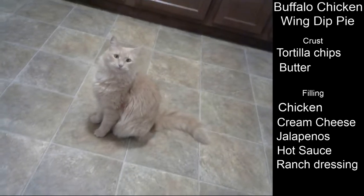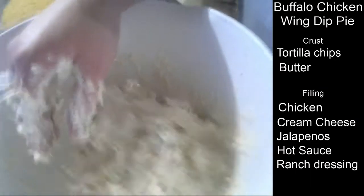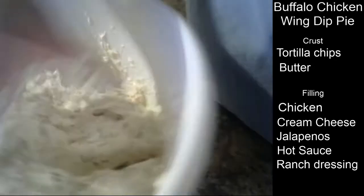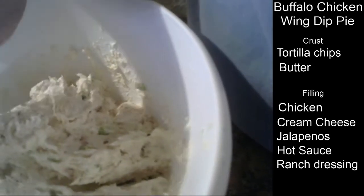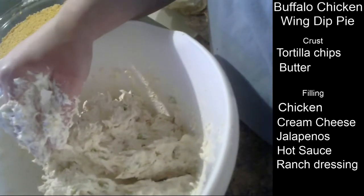So here's how this is looking. Let's try to get this right side up. It's a pretty good, very creamy consistency. Now I'm going to add the ranch and the hot sauce, but I'm not going to mix that by hand, because...